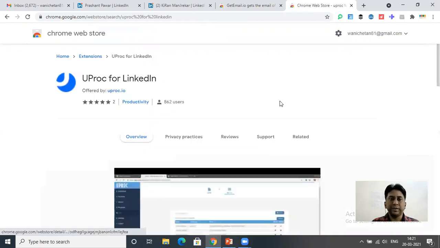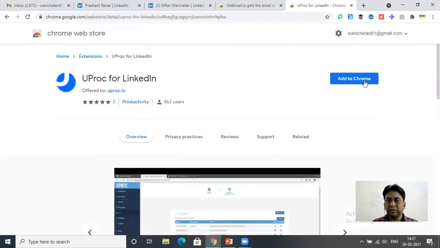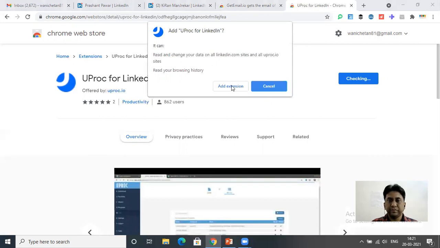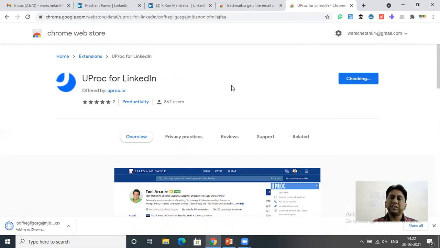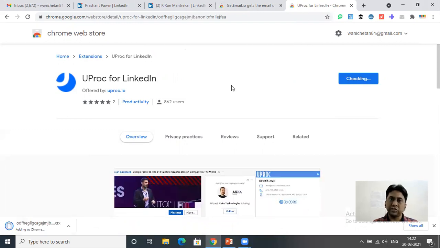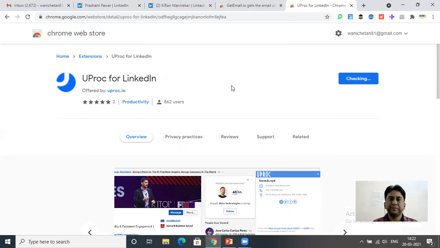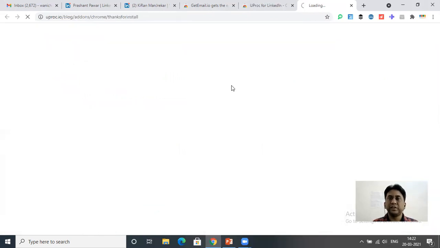This is the sign. Please remember this sign, Add to Chrome. You can get many other Chrome extensions also, as I said. In this list, I will give you another 4 or 5 Chrome extensions.